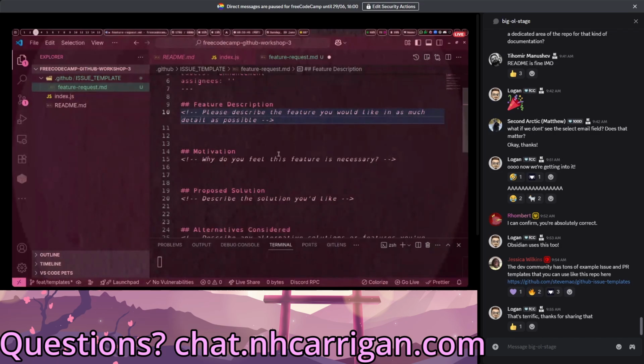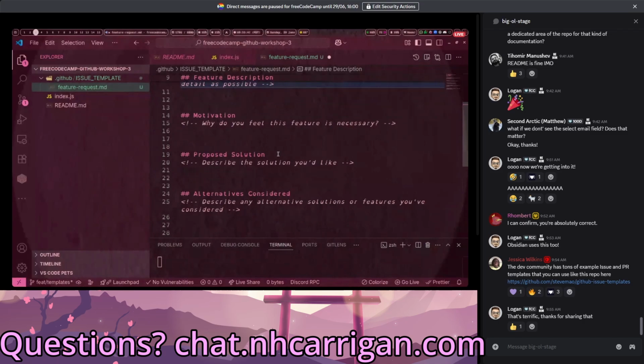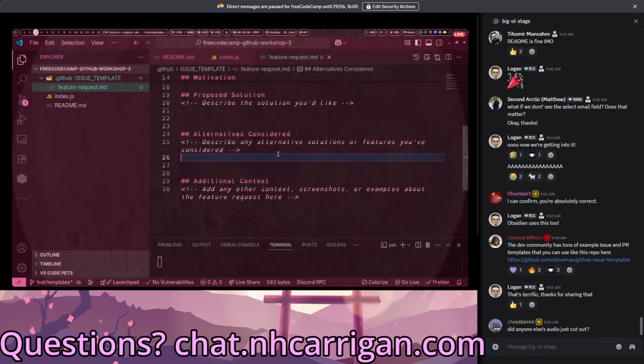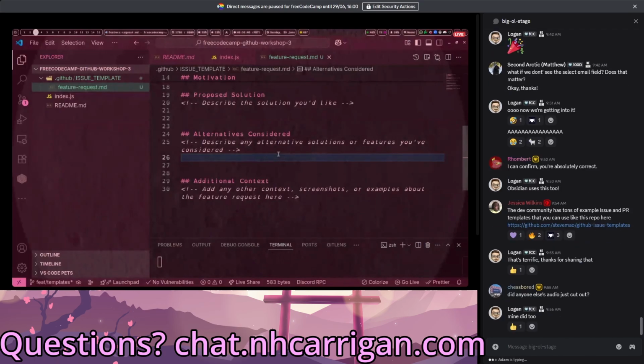We have some additional stuff here, some more information we want to collect. This is all great and beautiful. We're just going to save it. We're going to call that good. We're going to leave this as is. Because Markdown issue templates are cool for basic stuff, but